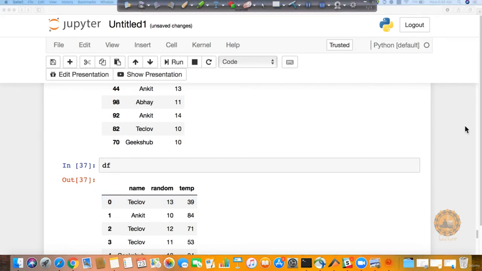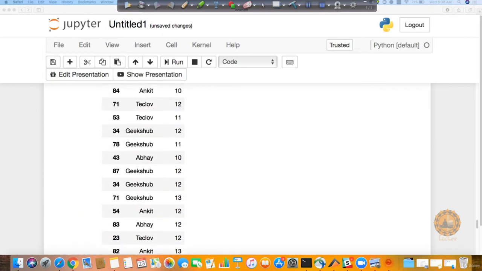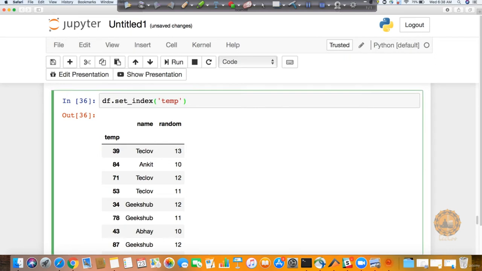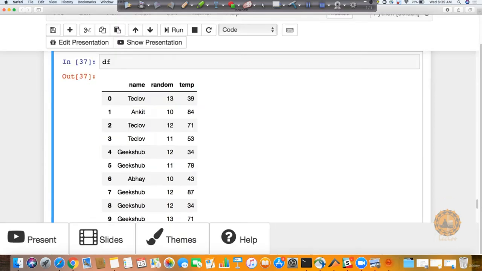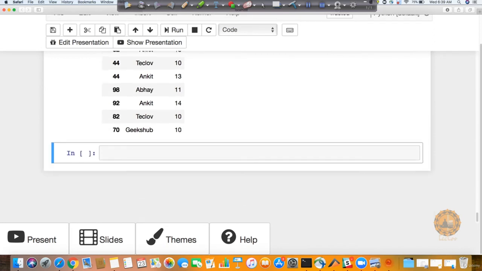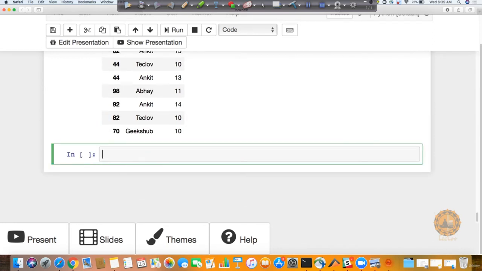Right now what is happening is that it is doing this change temporarily, not permanently. So in order to fix this, there is a parameter called inplace. By default, the value of this parameter is false. You have to make it true in order to make this change permanent. So if you make inplace true, whatever change happens, if you say df again, you will notice that it's a permanent change. Okay, so that's something to keep in mind. A lot of people make this sort of minor mistake. So this is how you can see the data frame value.